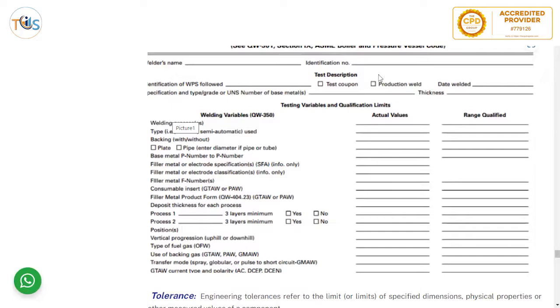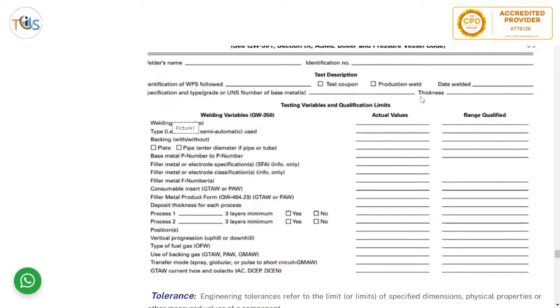If it's a production weld, then you can qualify both the WPS and the welder with that, or the WPS is already qualified, so the welder starts doing the production weld rather than a test coupon. You can also use a production weld, but then that is at your own risk or the supplier's risk. So if he fails, then that production weld needs to be cut out. But if he knows the welder is good, he would also use a production weld for testing the welder, with the date welded,